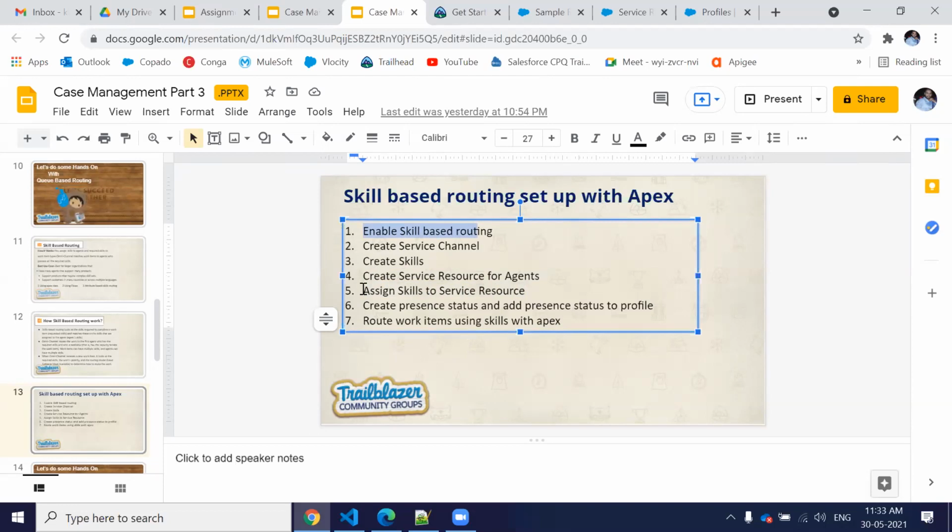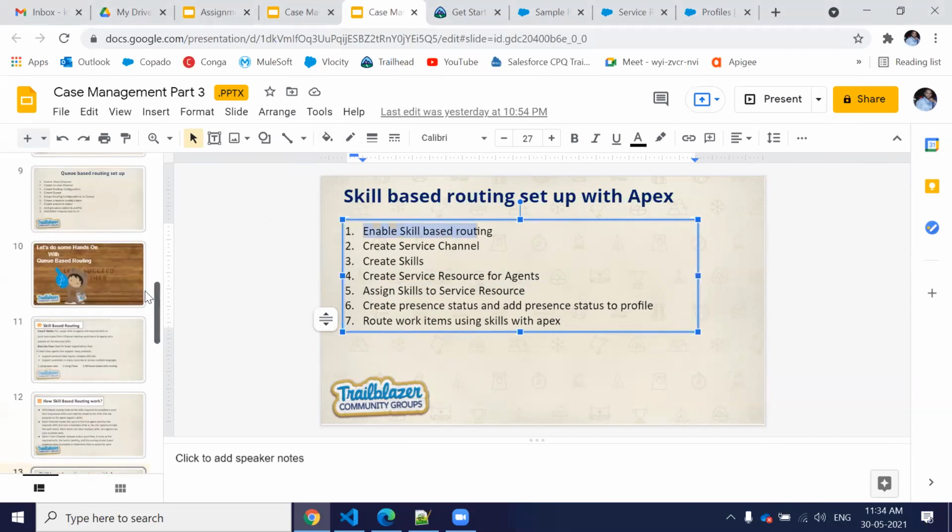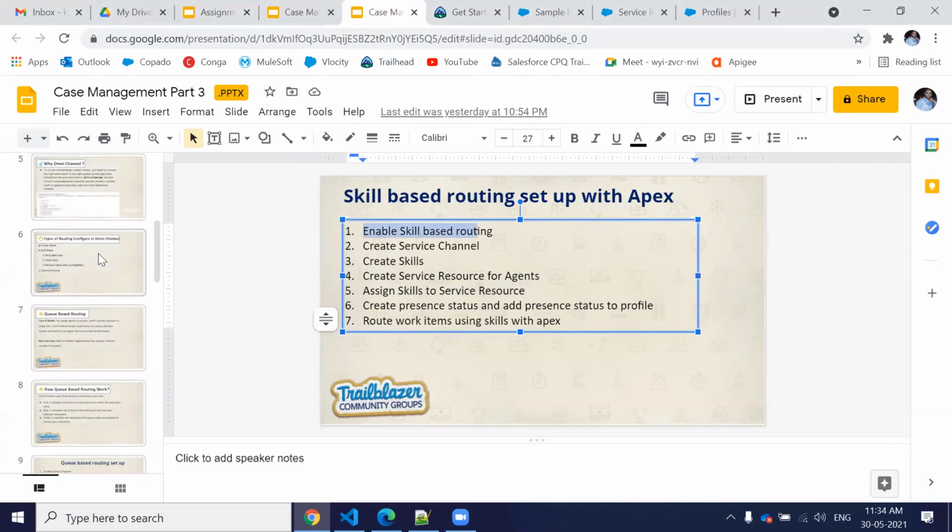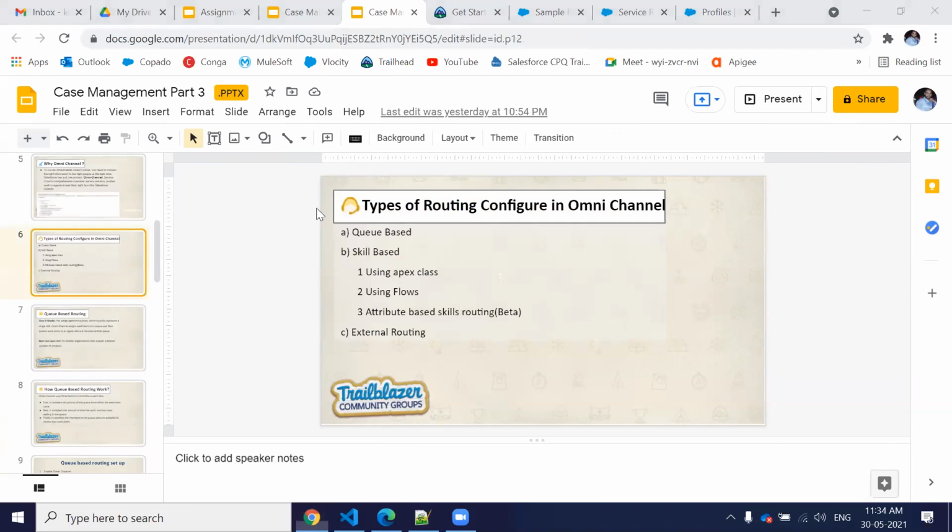Krishan has one question: is it possible to configure skill-based routing without Apex? Yeah. If you can see my slide here, I already told you what ways we can create skill-based routing. We can configure it using Apex, using flow, and the third one is in beta mode right now, so it is not available yet, but this one is the fastest.